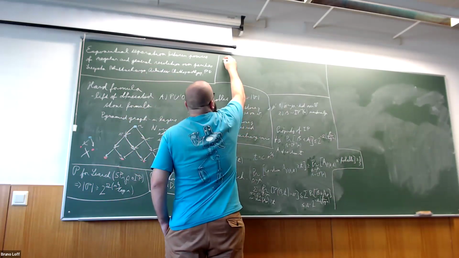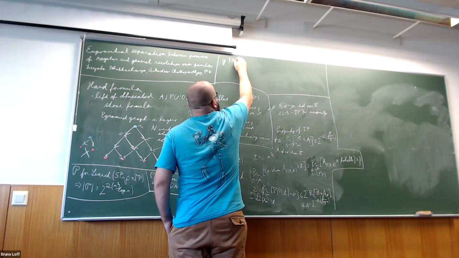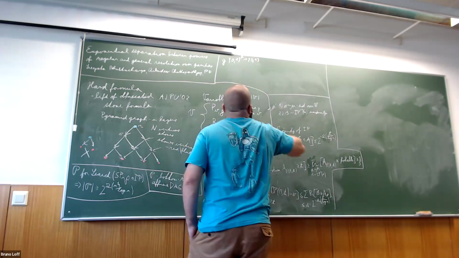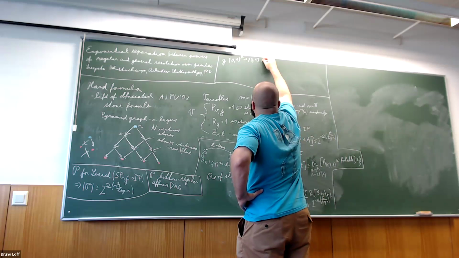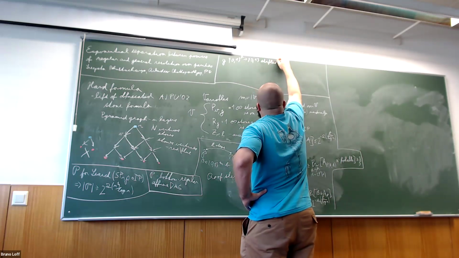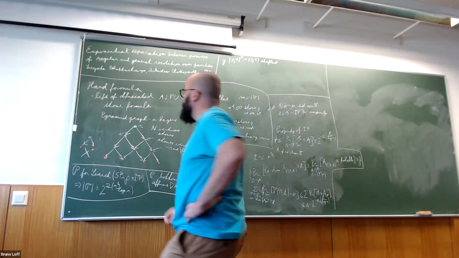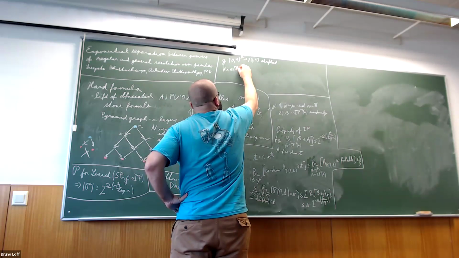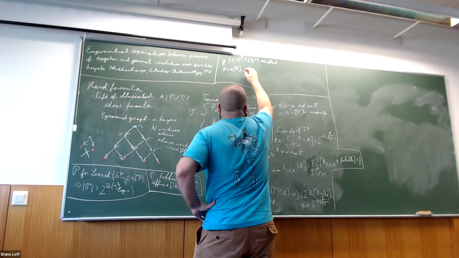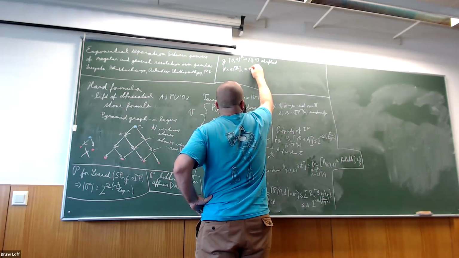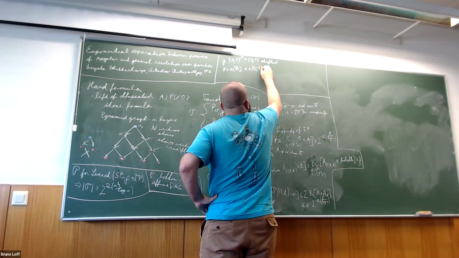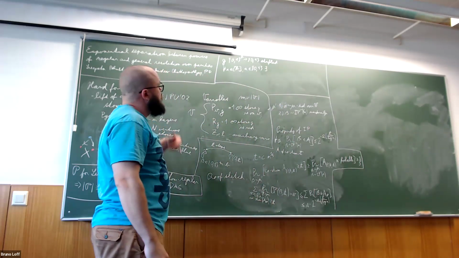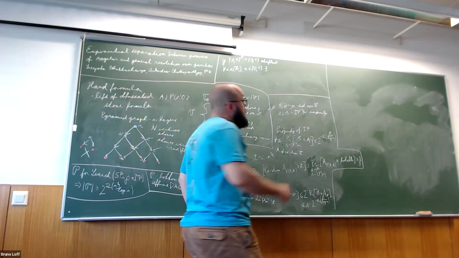So let's say we have a gadget G, and we say it's stifled if the following holds. For any index B and any bit A, there exists some assignment of the remaining variables,